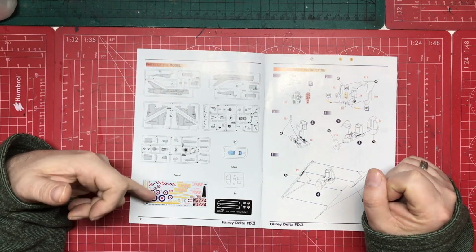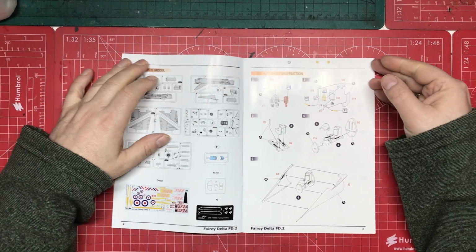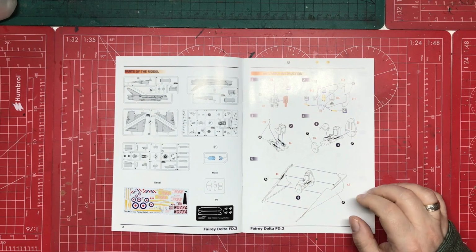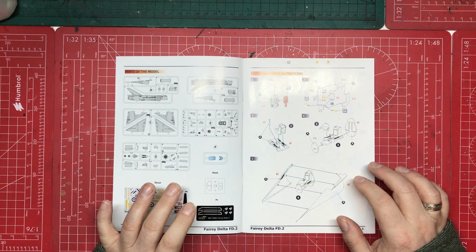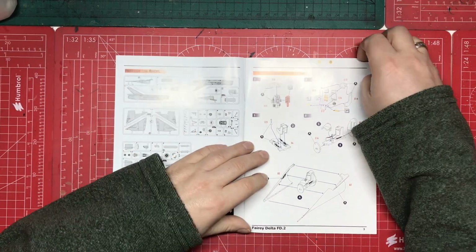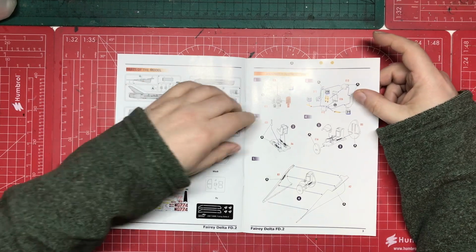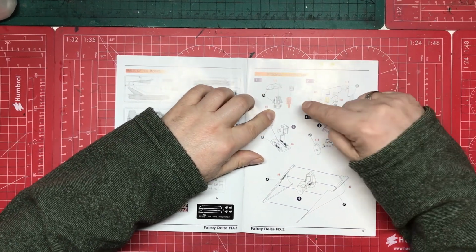It suggests to me that we've got multiple paint options there. Let's have a look. So, assembly instructions. Right, there is no key for this at this moment in time. So, yeah, we will muddle through. So we're starting with the dials, and we've got,